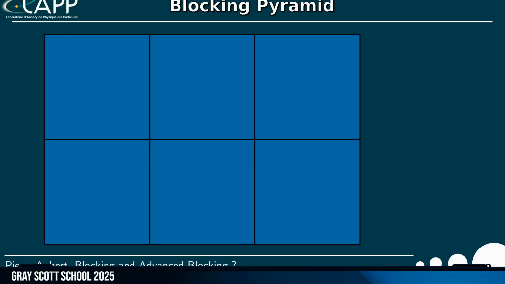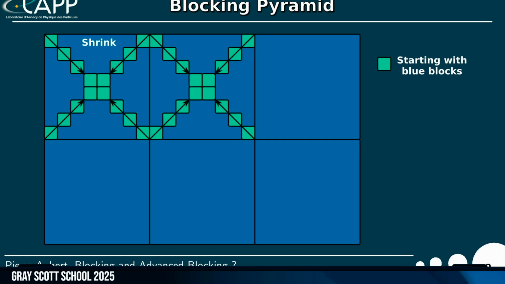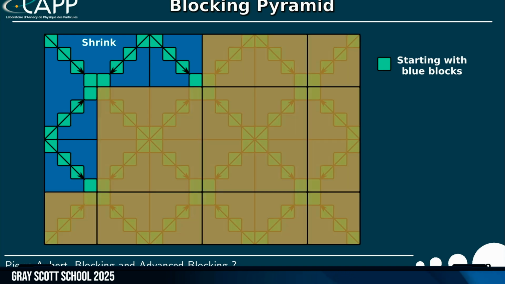So we have the blocks, and we say, okay, let's shrink the first block until we get the tip of the pyramid. Then we do that for the other block. And then you can do two things. I will show you mine. Sébastien's is quite straightforward: you do the anti-pyramid with a bit of communications. What I do is I shift the anti-block, or the anti-pyramid.